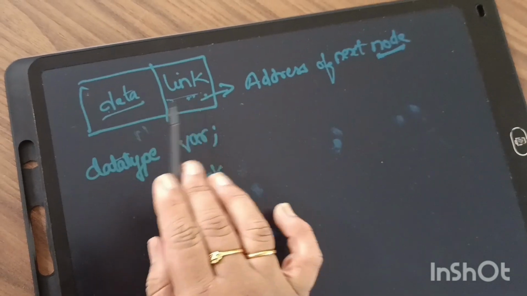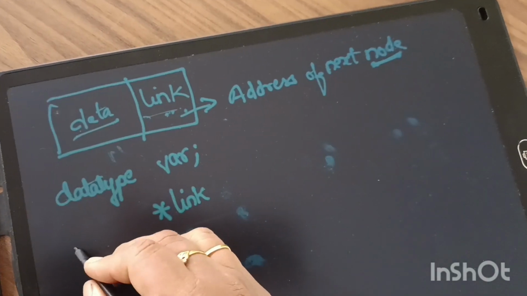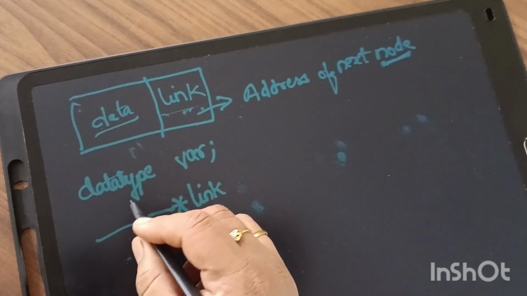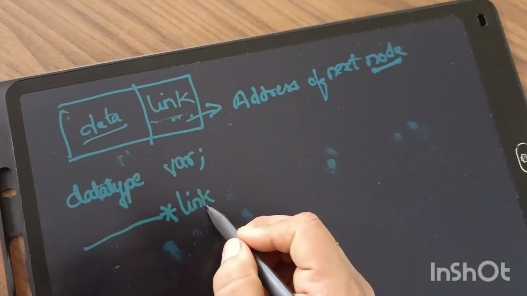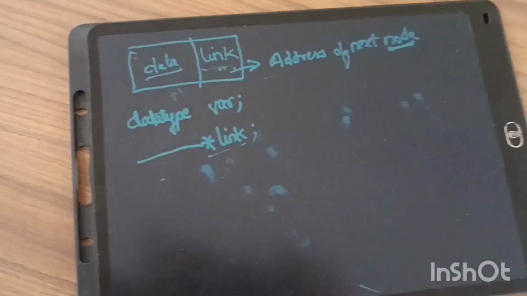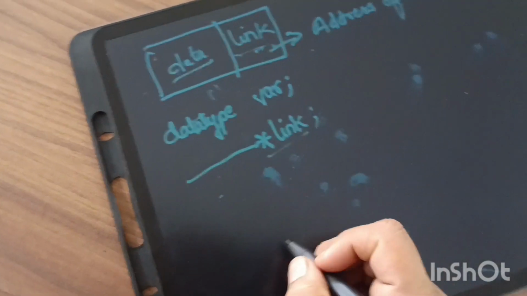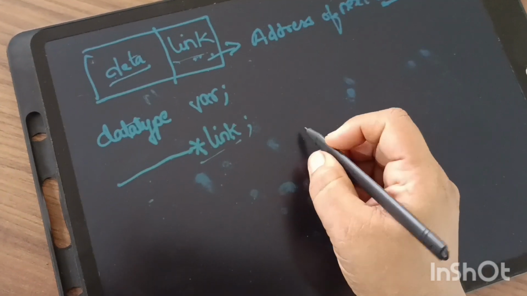So node kind of data. So node is again like this. For this purpose, here we have to declare a node kind of data, a node data type, where we are creating a linked list. Where we are creating the address, it will store the address. So to declare this kind of data, first we have to